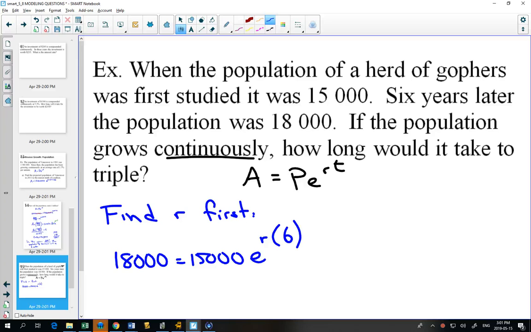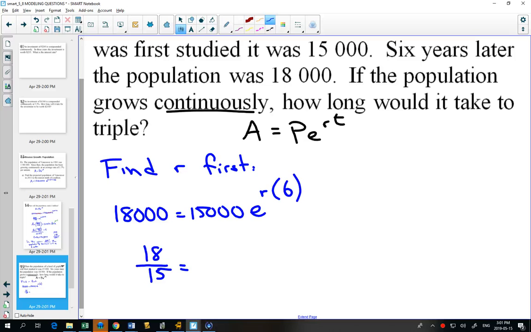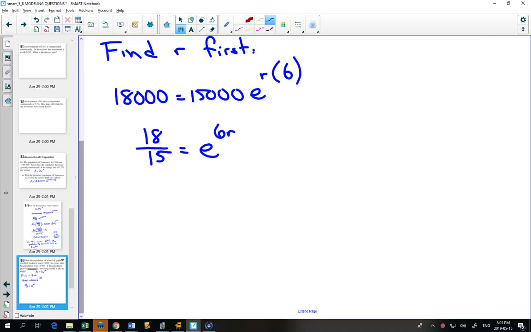Are you okay if I divide both sides by 15,000 that I just write 18 over 15? You could reduce that if you wanted to 6 over 5, but you could leave it as 18 over 15. And on this side, are you okay with r times 6, that I write it as 6r? More often we write the variable after the number. How do we solve for an exponent? Take the log of both sides. Since it's an e,